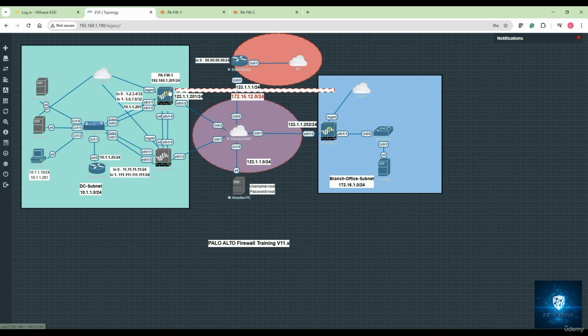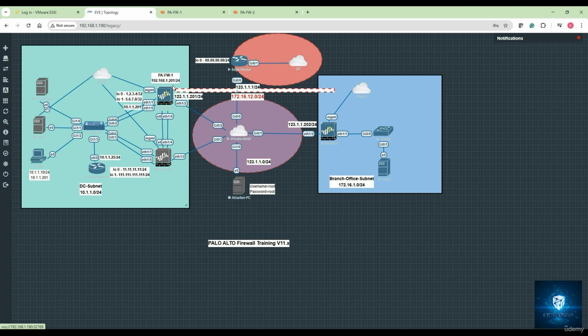And you need to have a tunnel interface, say tunnel 1, and it should be in a different zone. Let's say the tunnel interface should belong to another zone called the VPN zone, and make sure that you configure an IP address from this particular subnet, 172.16.12.0, on this tunnel interface. So basically, two physical interfaces, two zones, and two IPs